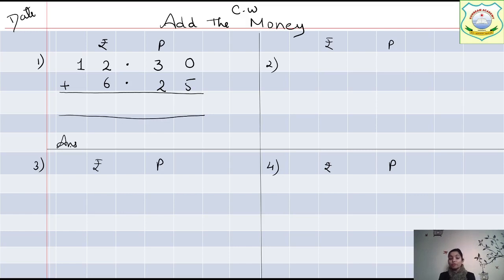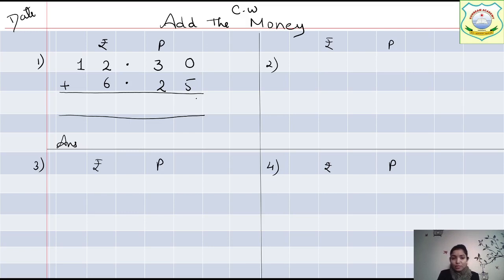The addition which we used to do earlier, जैसे हम addition करते हैं, we have to do in the same way, but here we have to use rupees and paise and this decimal also. ठीक है? So after writing the question, now what we have to do? We need to add. So always start from the corner side, right? एकदम हम right side corner से start करते हैं.